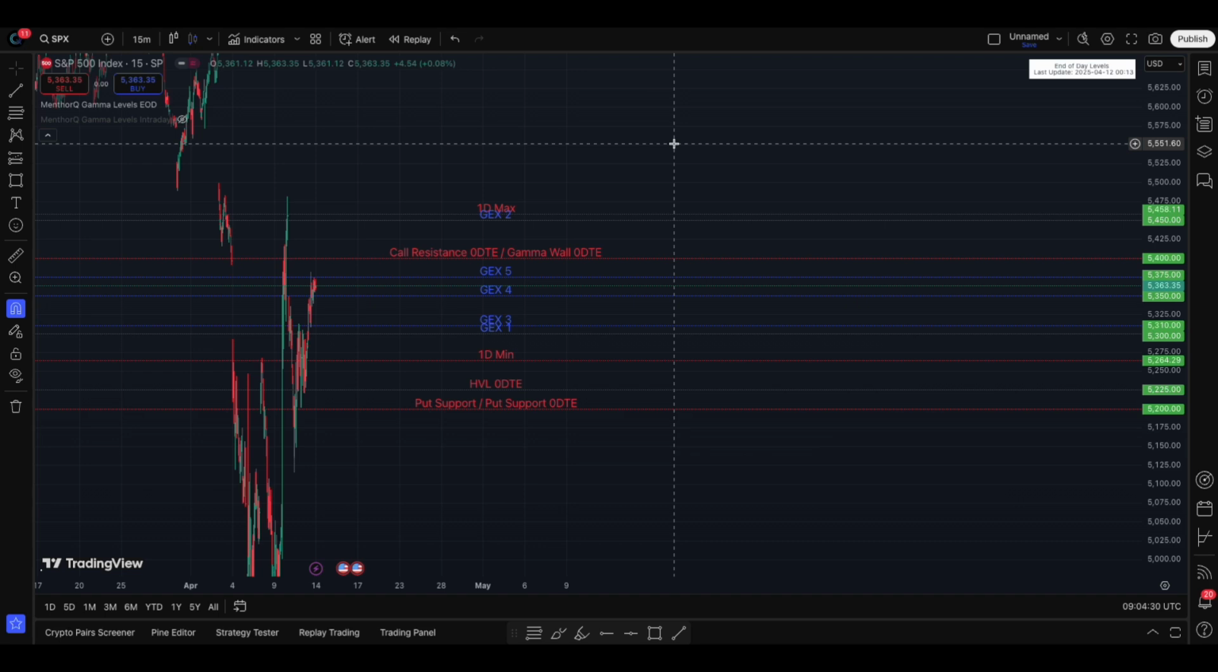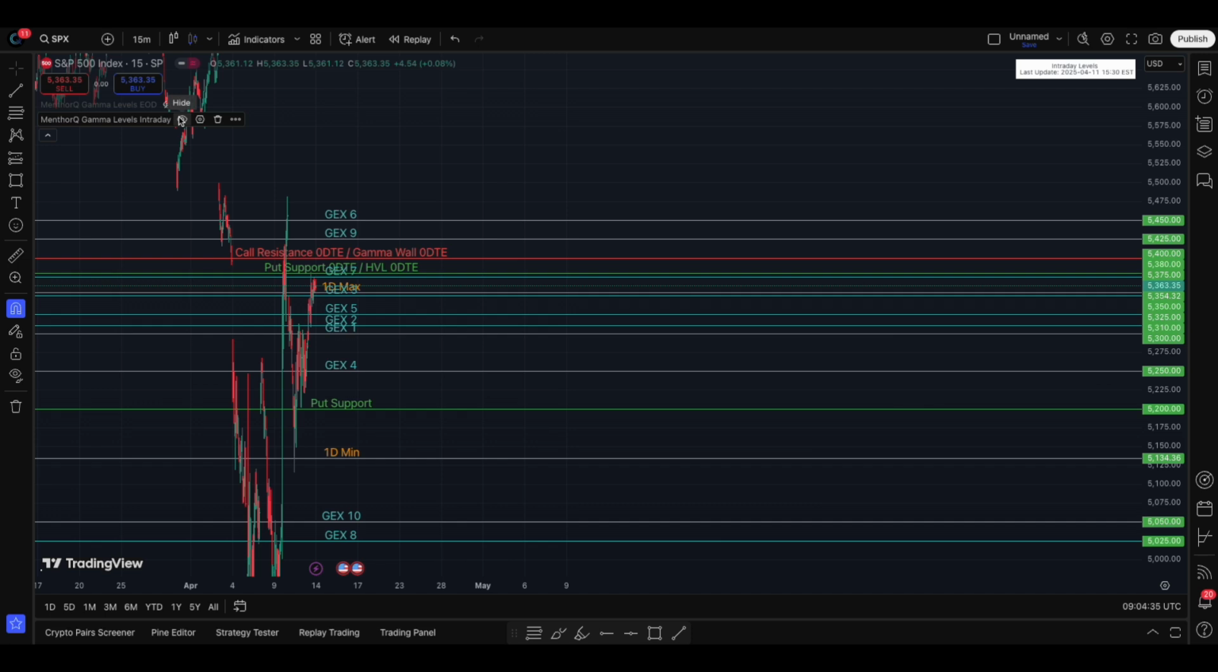Now let's look at the intraday indicator. So we're going to hide our end of day indicator and we're going to show our intraday. The intraday automatically updates as well, so we can have access to all our snapshots multiple times per day. Very, very important, you can look at the timestamp all the way at the top right there,